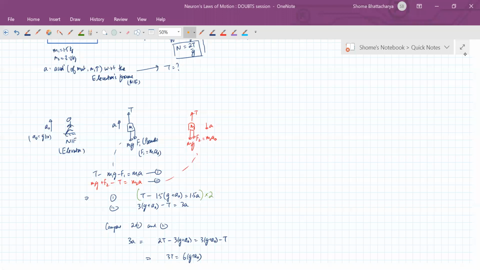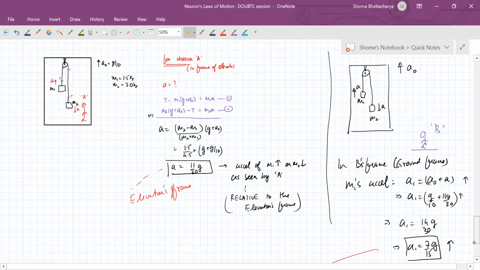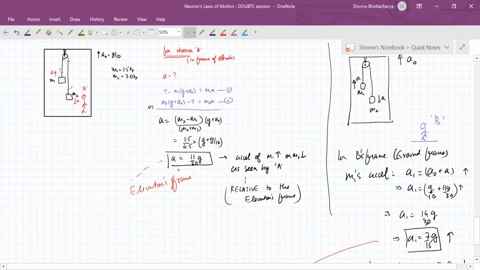Okay. So this part we've already done here, so that's why I'm using the equations directly. Okay, I did not make the free body diagram again. I was just calculating the value of a. So ये जो a आया ना यहाँ पे, this is in the non-inertial frame. That means it's the acceleration relative to which observer? The observer A, who's inside the elevator. So this is in the elevator's frame. So that is why in the ground frame, the acceleration is becoming different. The one that is going up, that will have an acceleration of a0 plus a, whereas the one that is coming down, that will have an acceleration of a minus a0 in the ground frame.